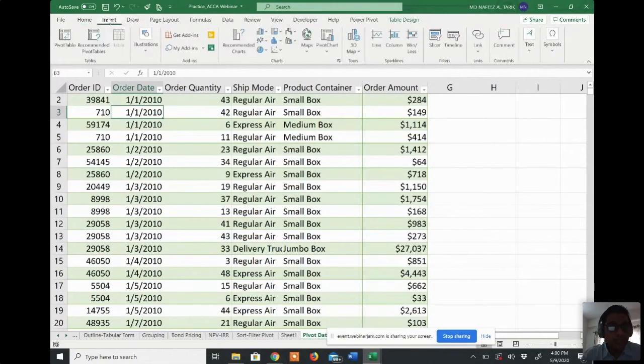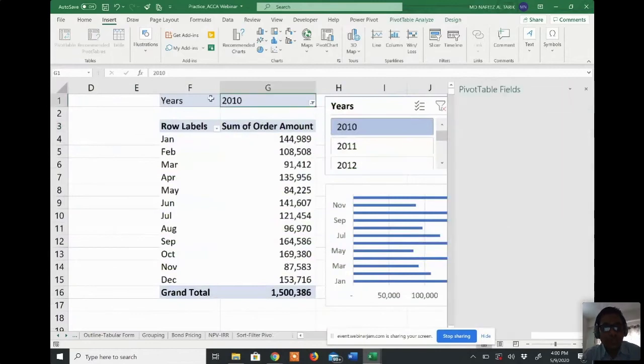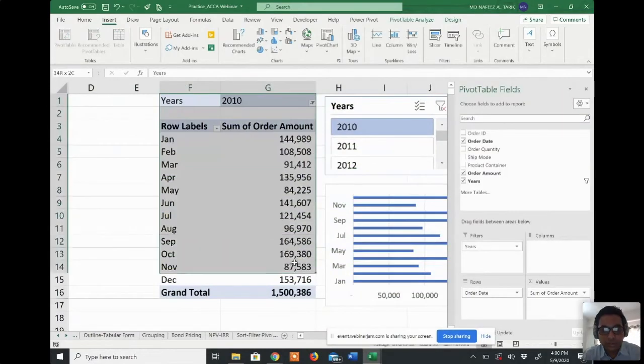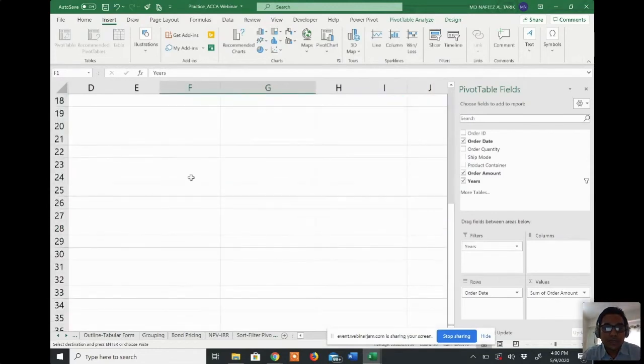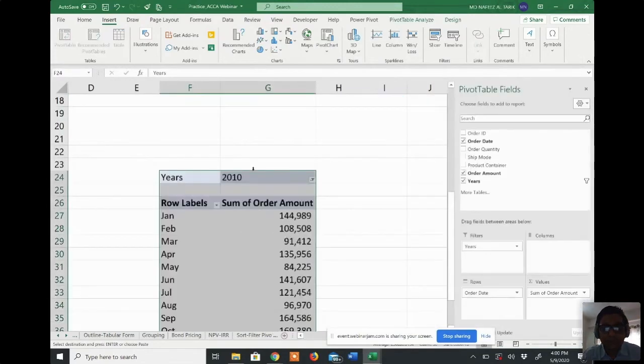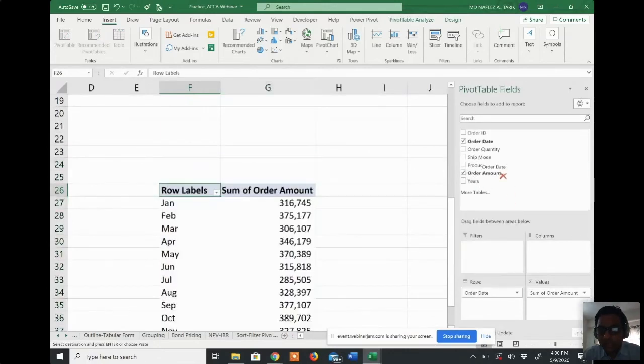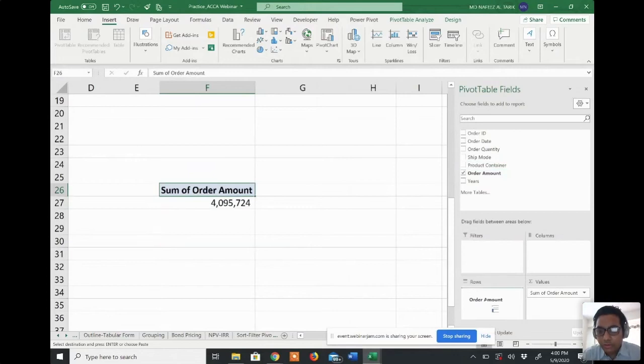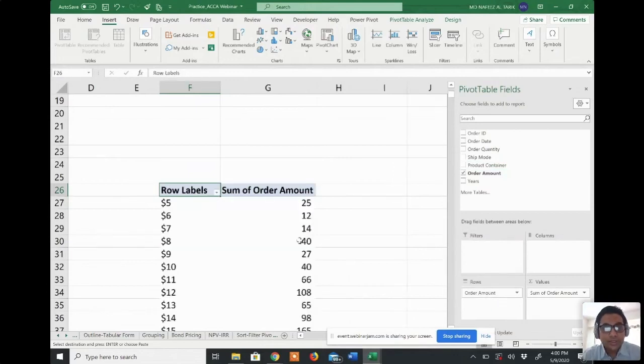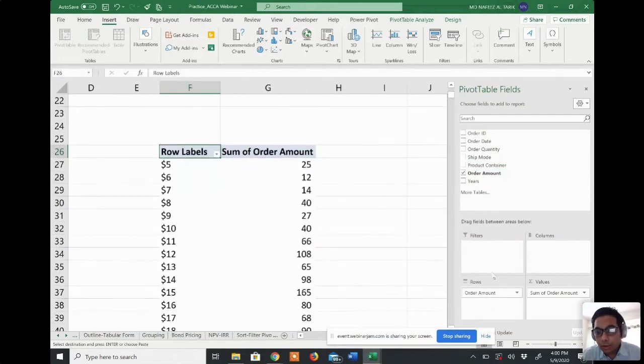We'll create another pivot table. Alternatively, what we could do, we can just copy this pivot table and say we paste here. This is another pivot table, and I'll select order amount on the row. So you can see, and order quantity. I want to see order quantity